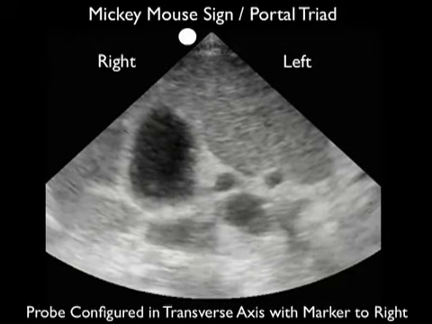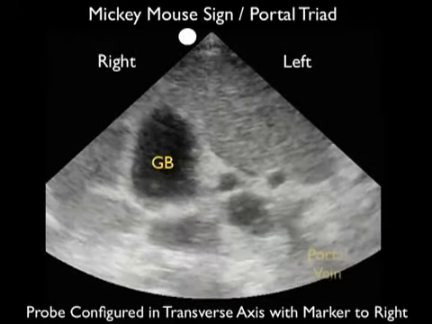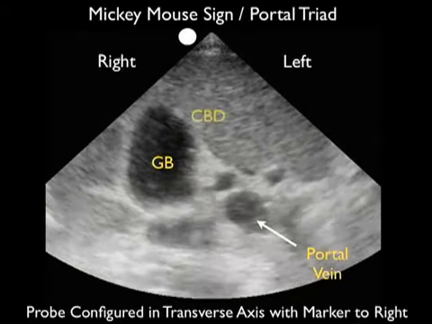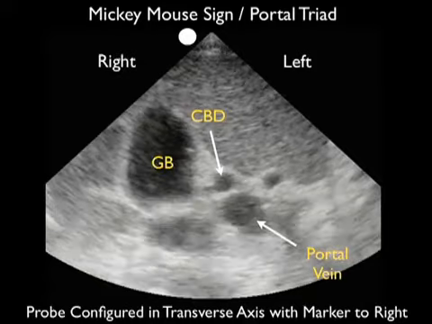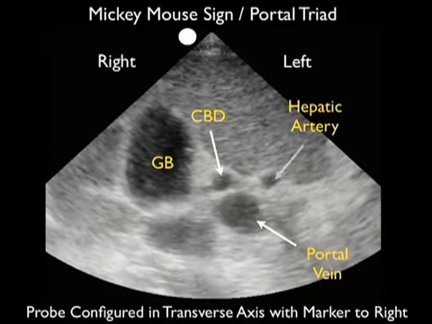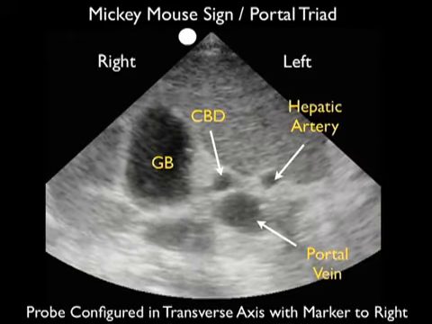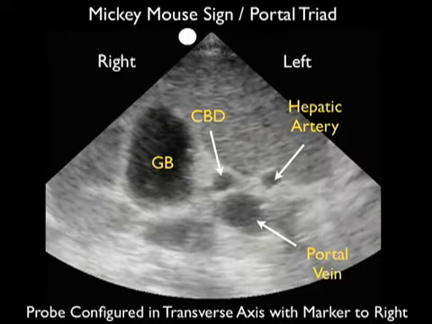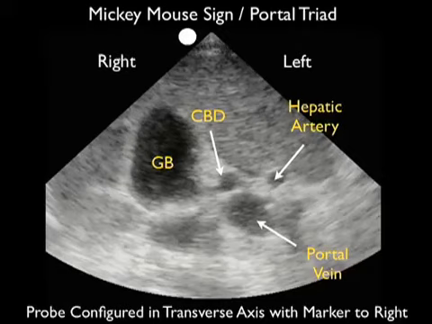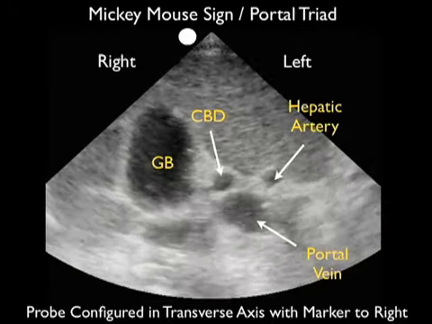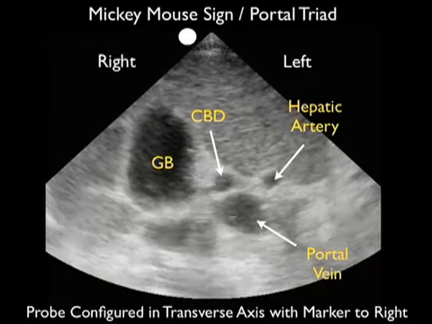Here's a video clip showing the sonographic appearance of the portal triad, which we refer to as the Mickey Mouse sign. And here we see the gallbladder over towards the left of the image, and the portal triad making up the Mickey Mouse sign, the portal vein making up Mickey's face, and the ears of Mickey, the common bile duct making up the left ear of Mickey, and the hepatic artery making up Mickey's right ear. And this image is best obtained from a subcostal plane in a transverse axis with the probe marker over towards